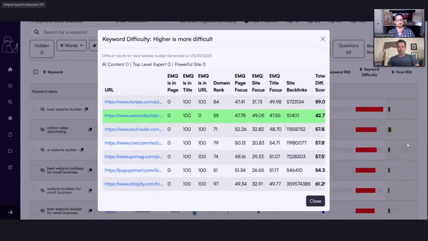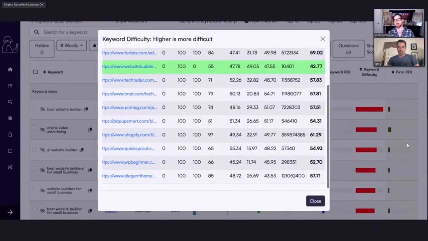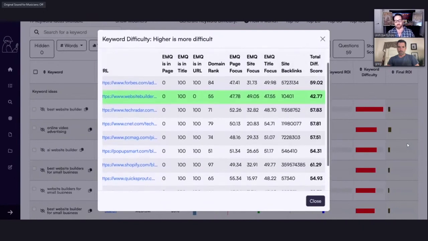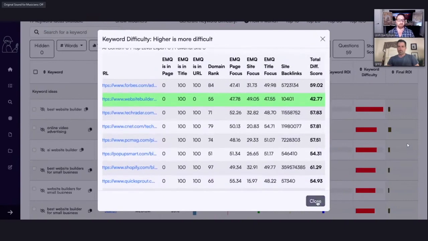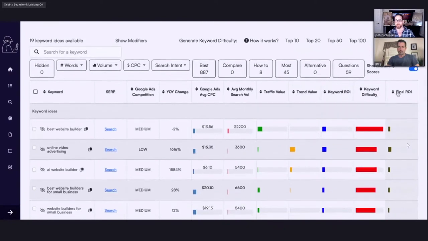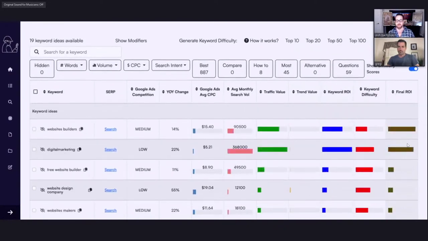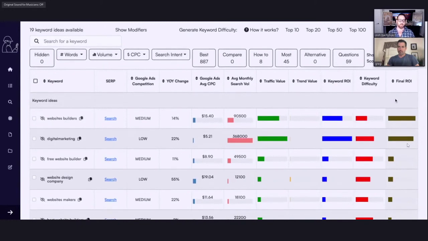So now, once you run a whole bunch of the keyword difficulties, in terms of the topical clusters or money pages, you're looking for both, really, because in my mind, why can't your topical cluster be money pages and make you or your client more money? You could sort once after they're done by keyword difficulty, once you've done a whole bunch of them. And now we see a bunch that were there, like website builders. Then after you sort by final ROI, that's sorting by keyword ROI and keyword difficulty. So it's taking the hottest, best traffic, most money, that are also the easiest, and putting those at the top with the final ROI.